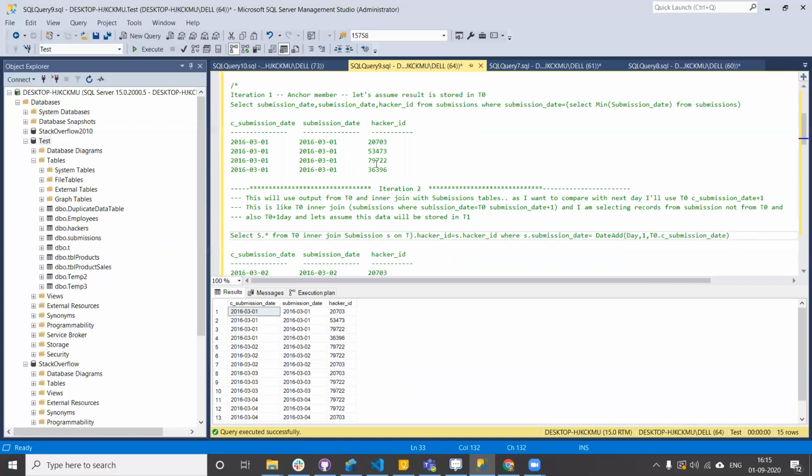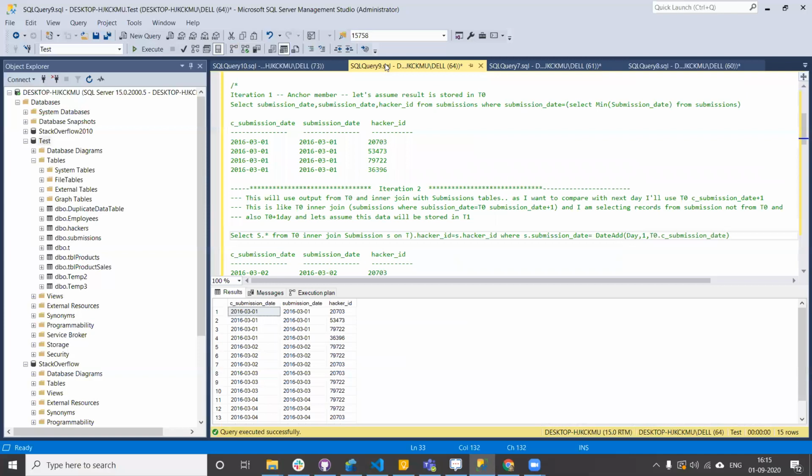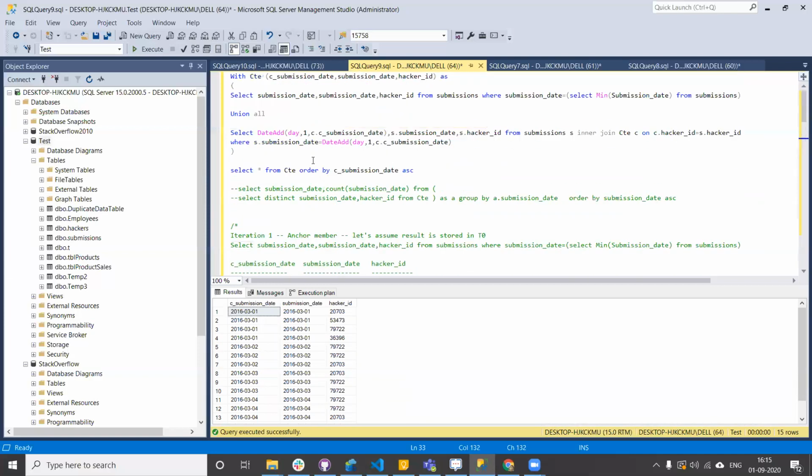When we do an inner join between this table and my submissions table, what records are common? 20703 and 79722. These are the records that are common, right? So my output will be something like this: I'm adding 1 to T0's submission date, which is 01 in this case, in the second iteration.